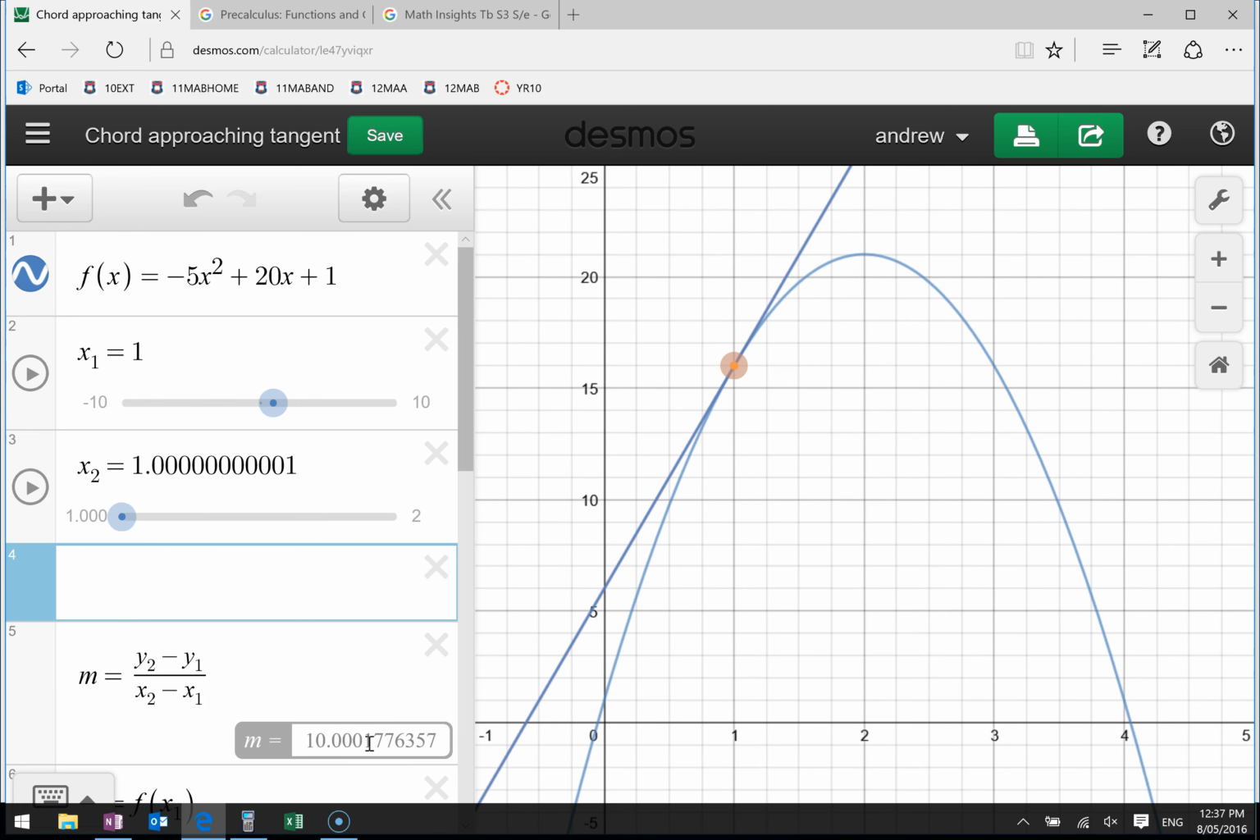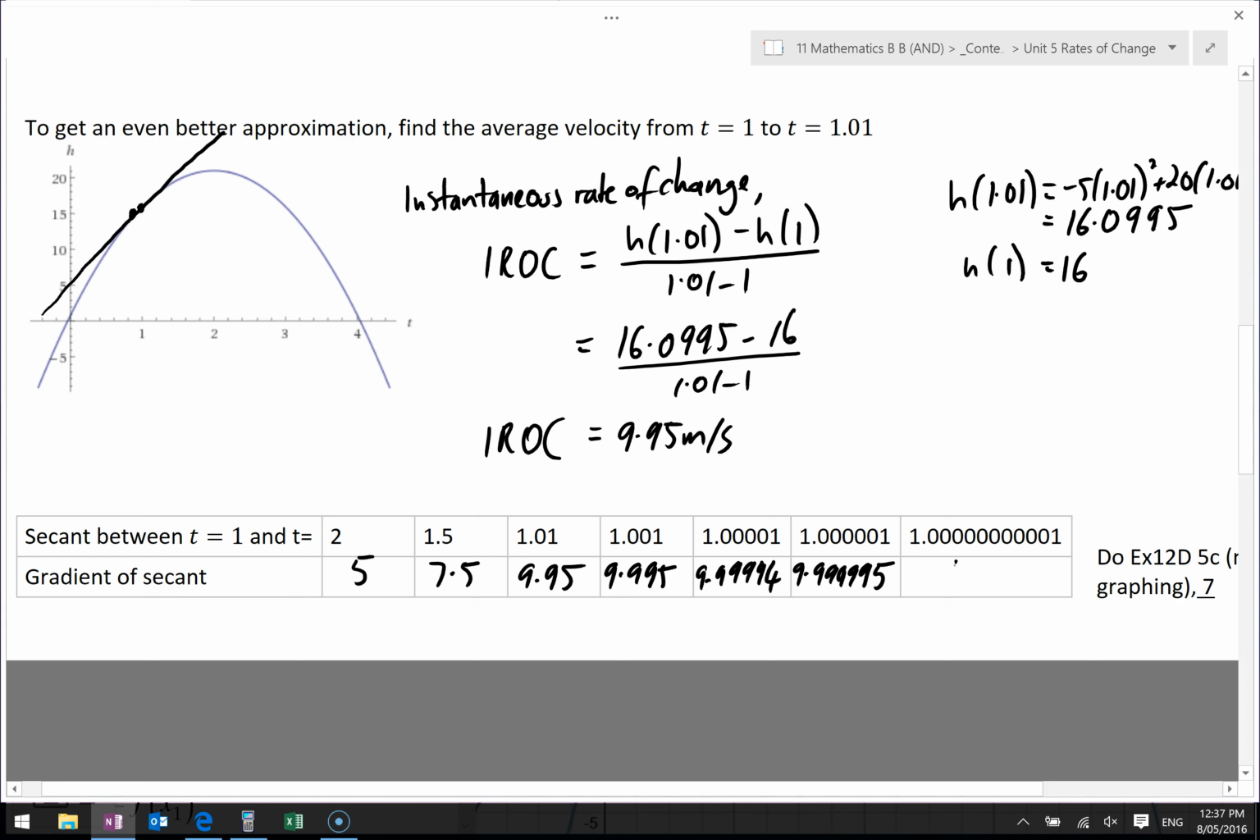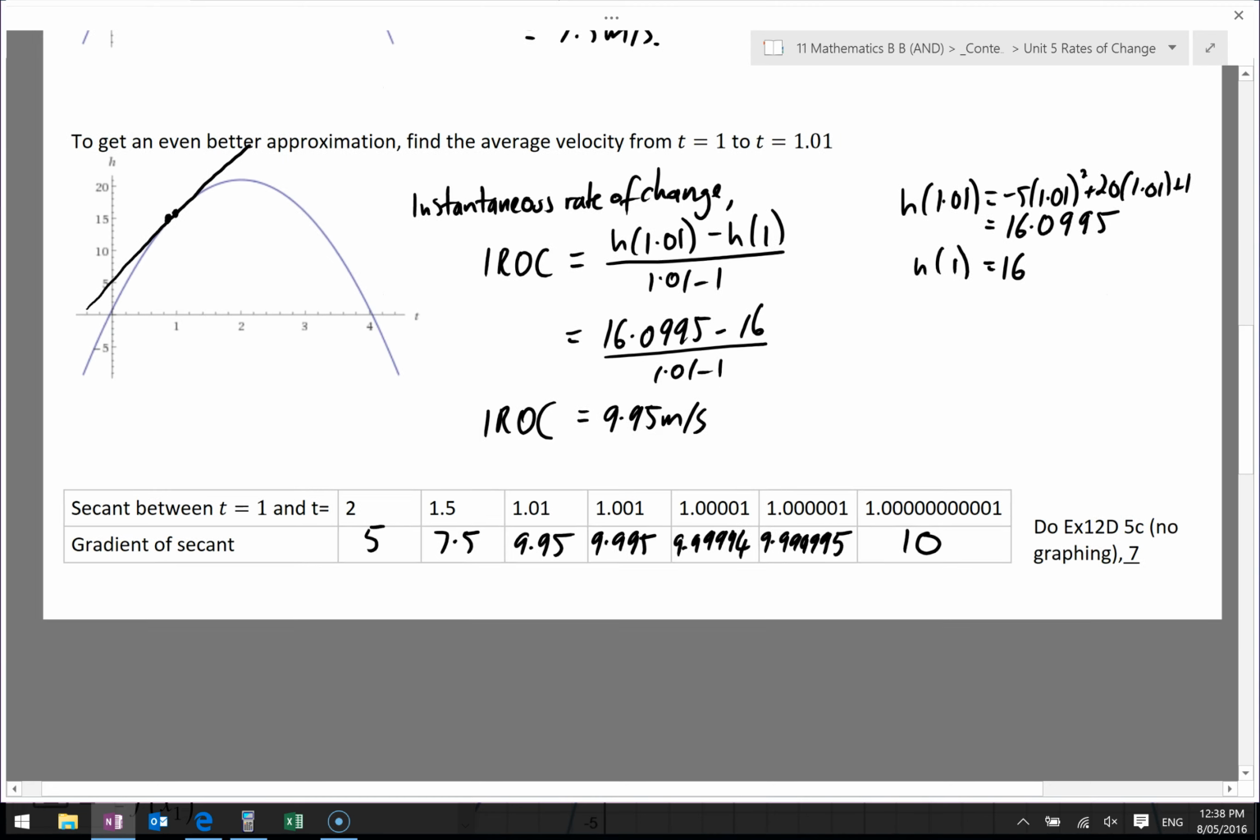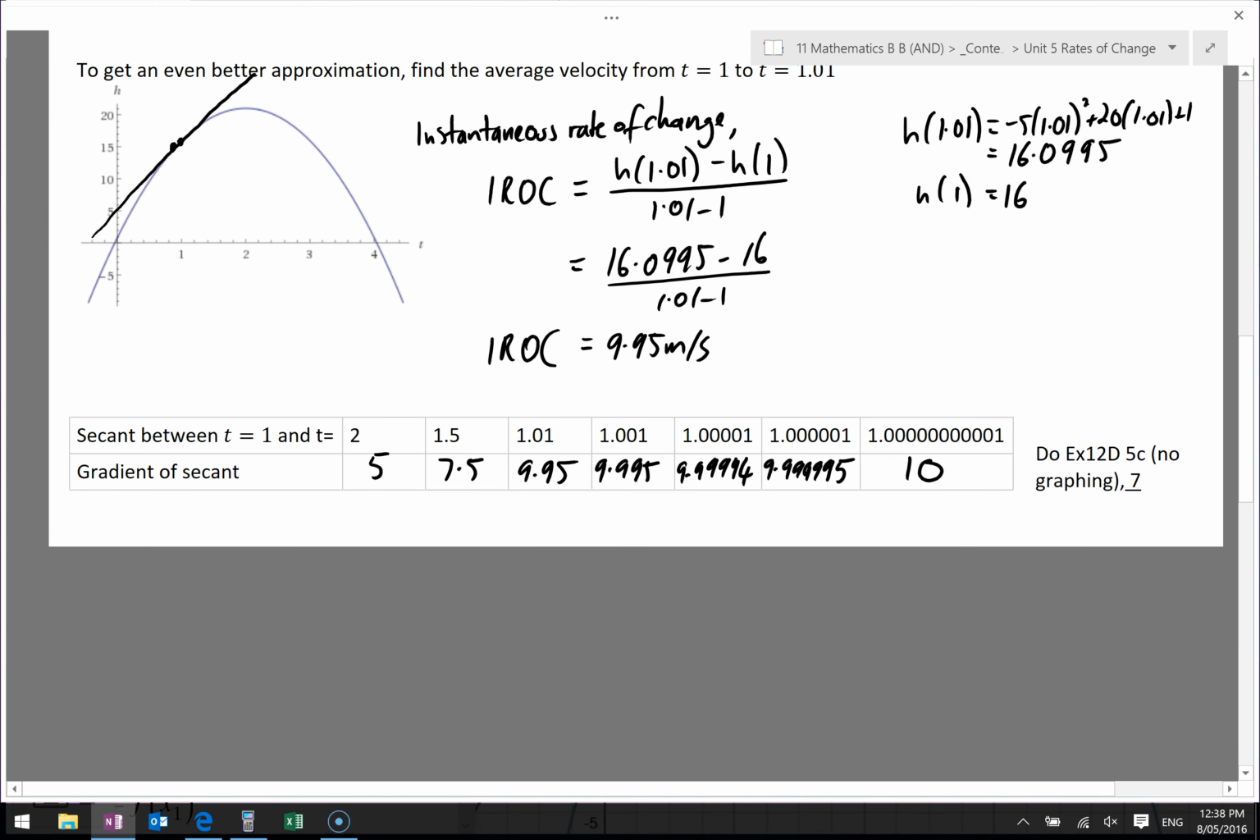Okay, 10, essentially 10. Okay, 10.000. I think it messes up a little bit because of the way computers do calculations. Sometimes the gradient looks pretty weird, but this is pretty much 10. So what we'd write at the bottom as our understanding is, as the second point